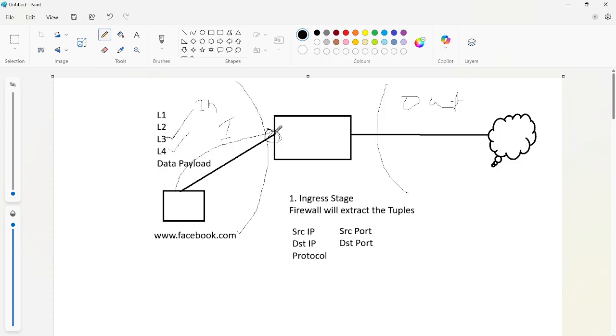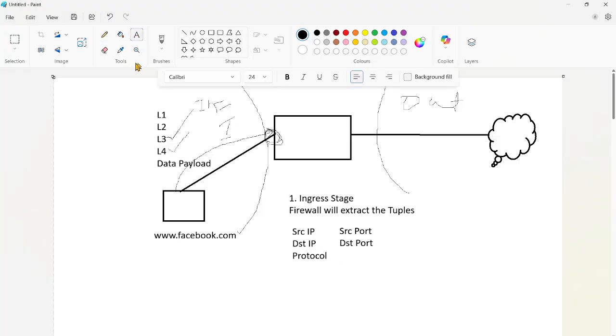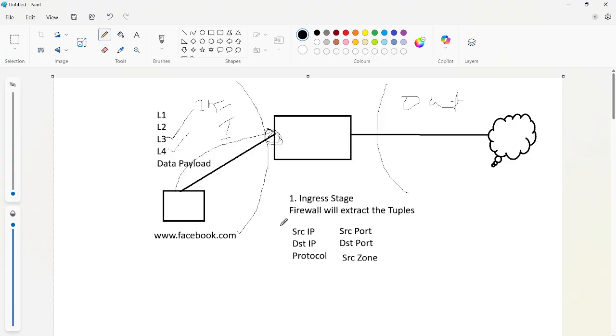This interface is connected in the inside zone, so from this interface it is going to extract the source zone. So from the ingress stage, it is going to extract all these tuples: six tuples.